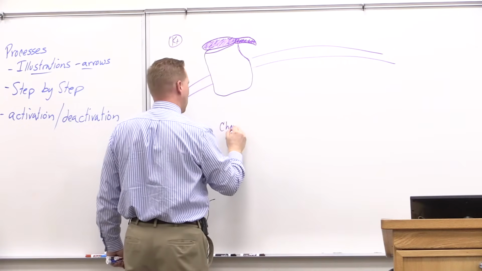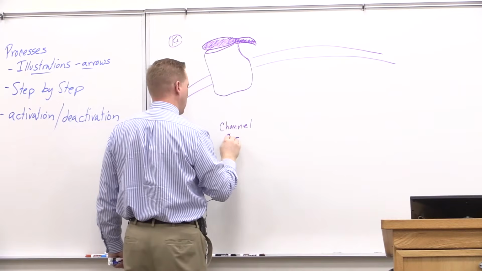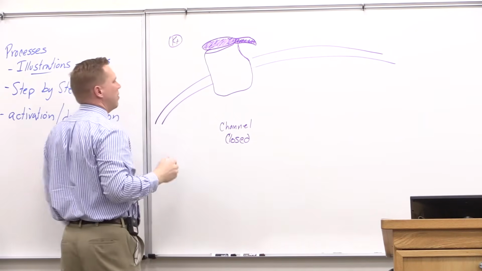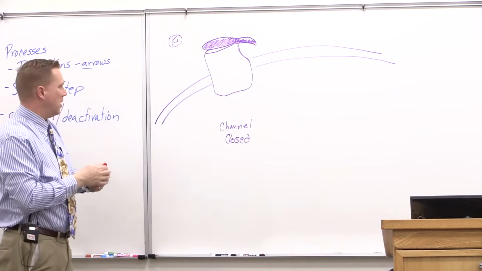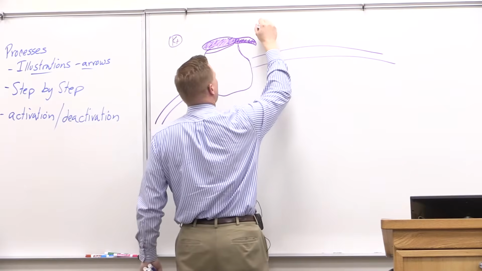So we're going to say that the channel is closed or inactive. Here's my potassium ion. And then the other thing that we need here, so the first thing that's going to happen